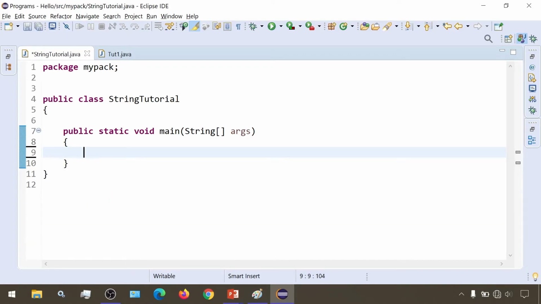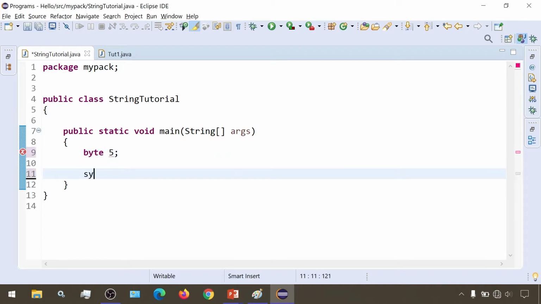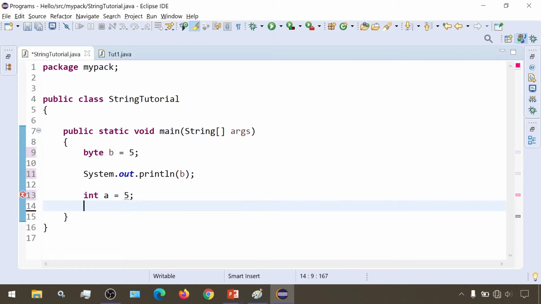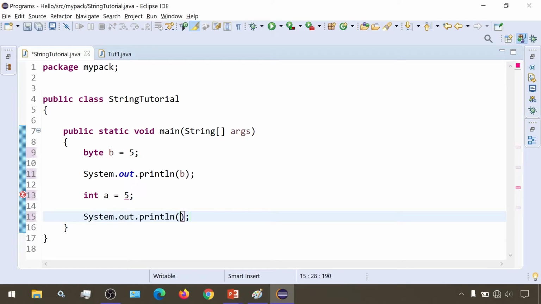Now suppose here I have a byte variable b with the value 5, and I'm printing this byte variable. And I have an int variable a with the same value 5, and I'm printing this now.